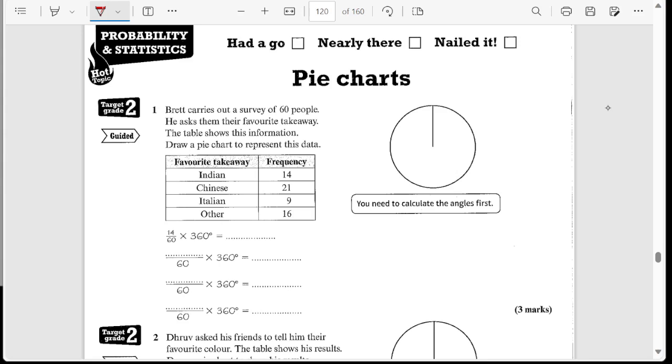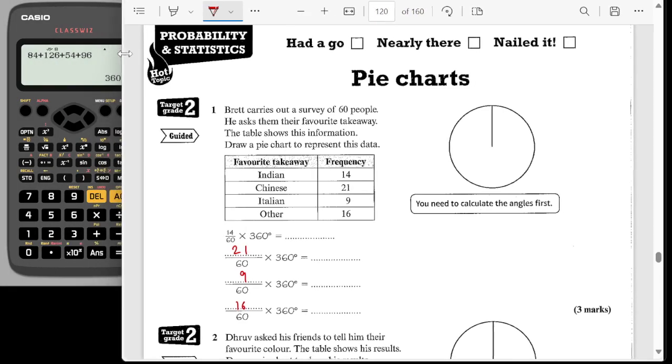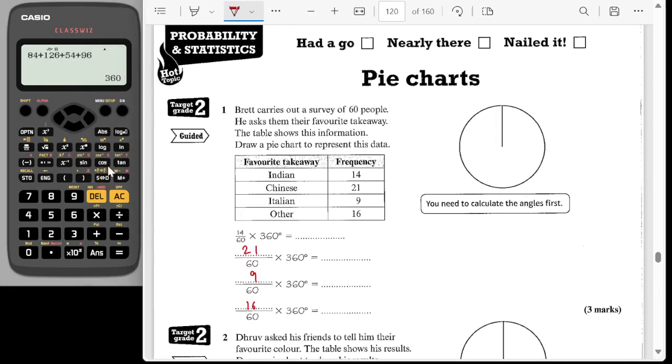So they're saying you take each of the frequencies, you divide it by the number, then times it by 360, which is okay. So that would be 21 divided by 60, that would be 9 divided by 60, and that would be 16 divided by 60 to work out the size of the angles. So I'll bring in my protractor, I'll bring in my calculator even. So I'm going to do 21 over,